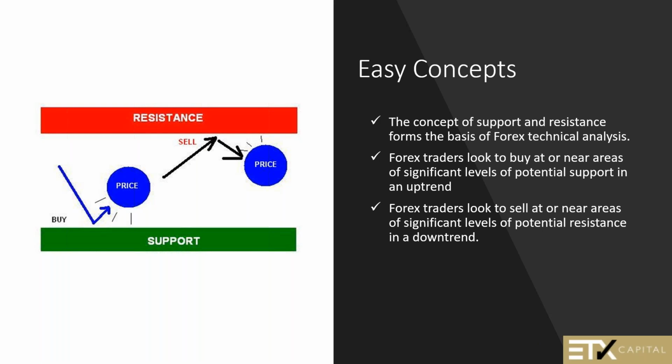Traders look to buy at or near areas of significant levels of potential support in an uptrend or potential resistance in a downtrend. So, in other words, these are the floors and the ceilings above and below price. Remembering whether there's support or resistance isn't so important. I intermix the terms all the time, except I know exactly what is happening when the price